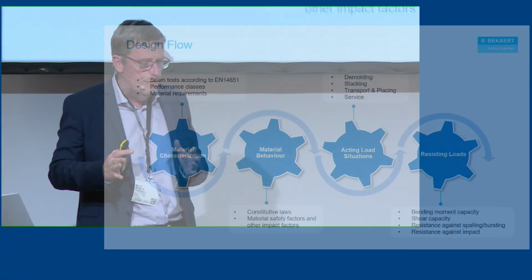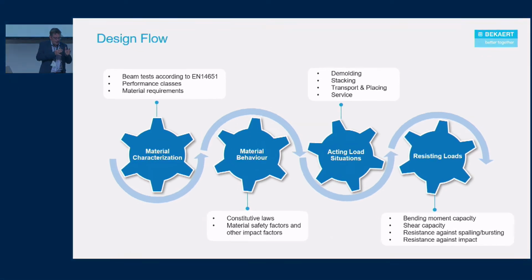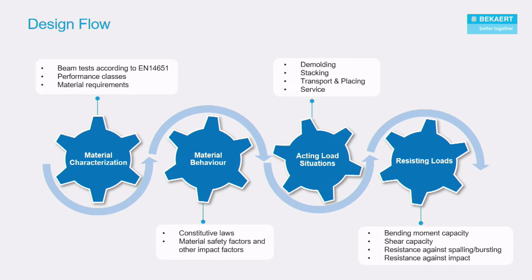So a few words about the design flow. All start from the relevant material property, and from that you move to the material behavior with constitutive law, with material safety factor, to the actual load situation, demolding, stacking, transport, service to the resisting load. But the first part where we have to focus is to provide a relevant material property, and this is done